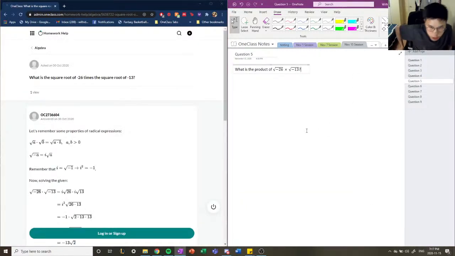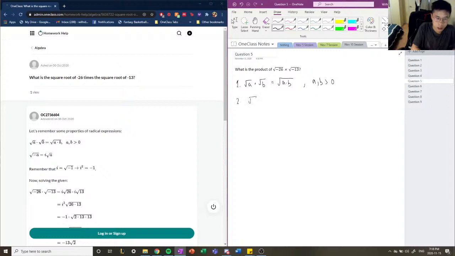All right, so the next question reads, what is the product of root negative 26 and root negative 13? Okay, so the junior tutor provided us some properties of square roots. The first one is that we have to remember that root a times root b can also be written as root a times b, where a and b are greater than 0. So the second property that they wrote here is that root of negative a can be also written as